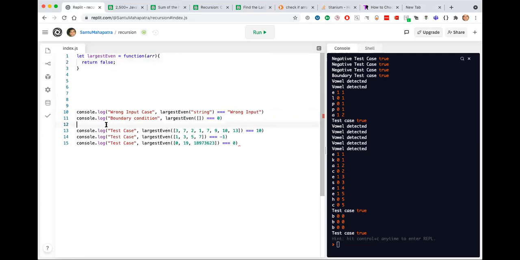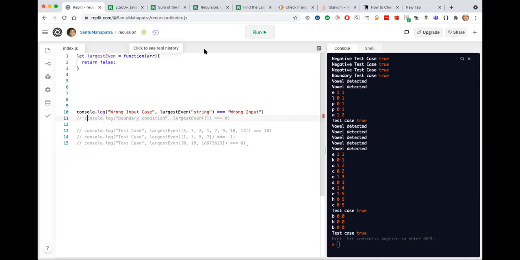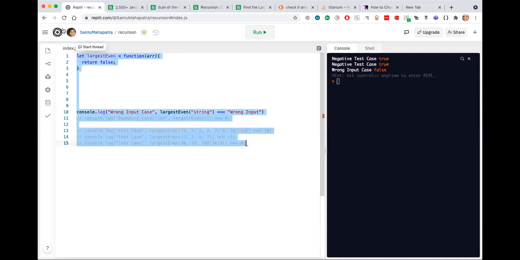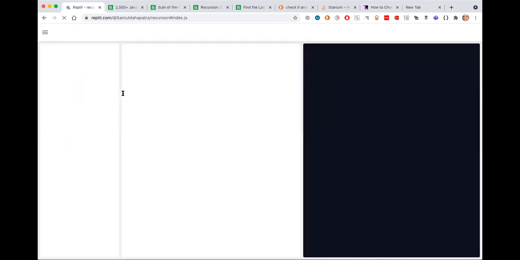We will focus on the positive test cases a bit later, also the boundary condition a bit later. Just focus on the wrong input case first. So wrong input case is showing false. We'll refresh the page once. I think some part of the code is not working.